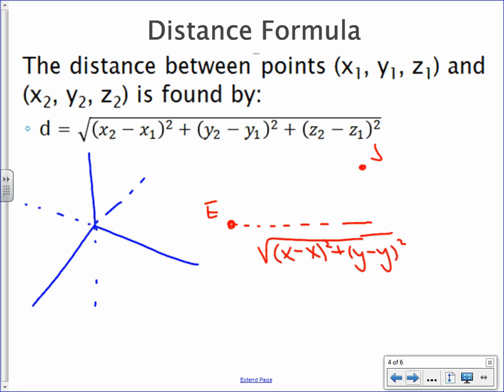Whatever your z coordinate is minus whatever your z coordinate is, right? Okay. So if I want this hypotenuse here, that distance,